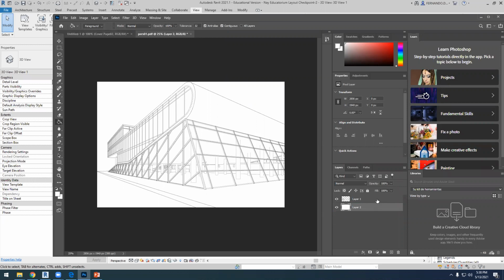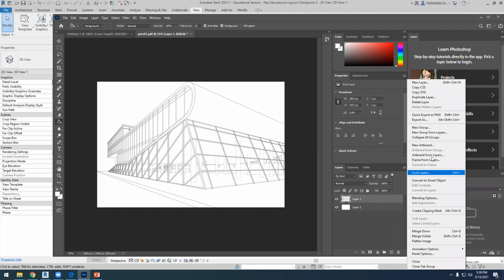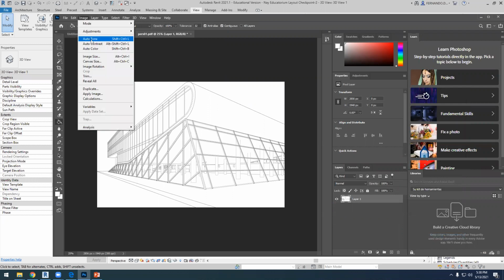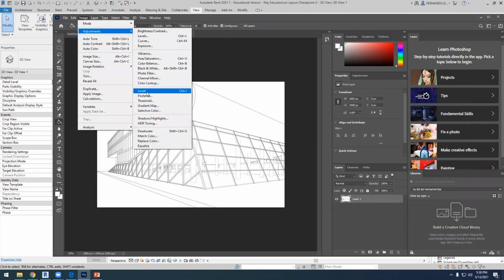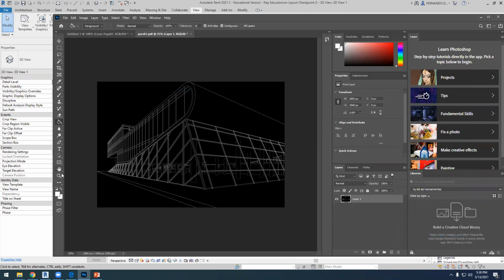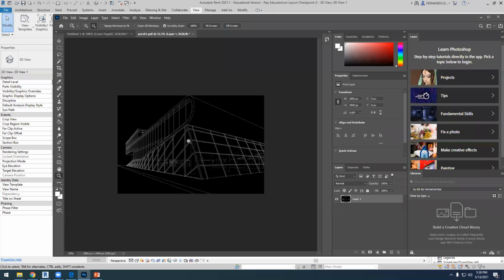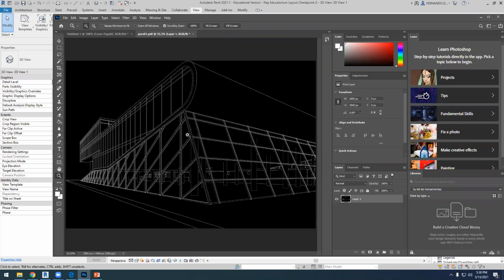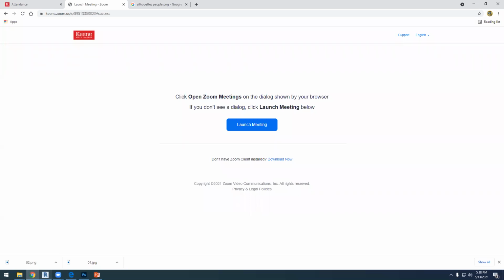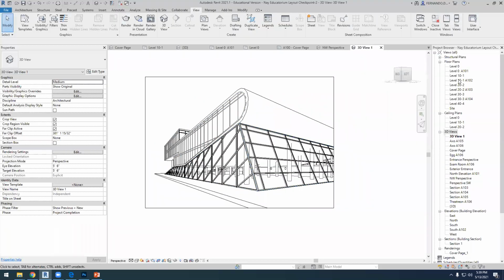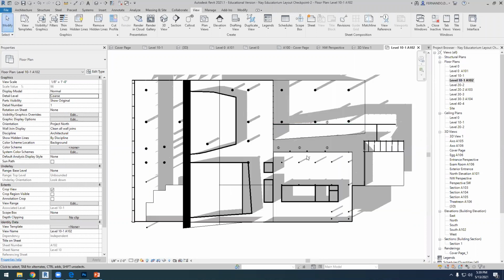But if we just merge, let's merge visible, and we use image adjustment invert, we have these white lines with the black background that might be interesting for some options, especially if we are working with schematic views. If you're working with levels without shadows,